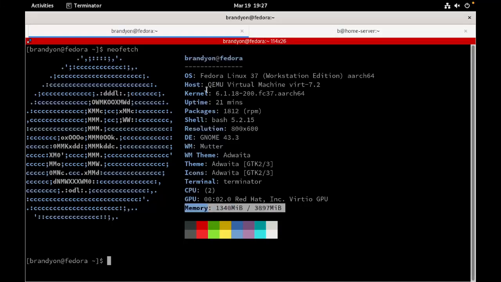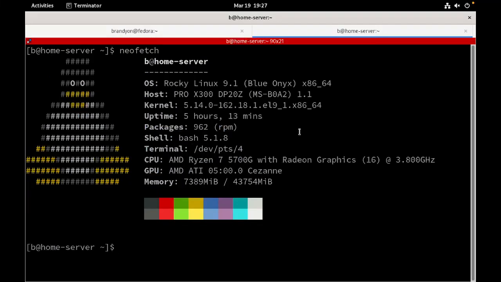Now I actually have it running on my home server, so I wanted to show that output to you as well. So here we go. You can see that because this is a server without a desktop environment, it gives less information. Not that it's not printing anything, it's just that it doesn't exist. It's a headless server. When I say headless, that means there's no desktop environment associated with the machine. So here, this is a Rocky Linux